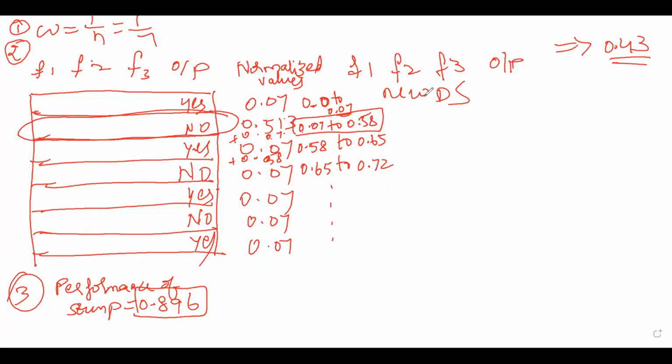This process will continue until it passes through all the decision trees, and finally we get less error compared to the normalized weights at the initial stage. So all the time these normalized values get updated from one stump to another stump. If the normalized values keep getting updated, then finally we get normalized weights which have less errors. So what is the main motive of this? Weak learners are combined to become strong learners.